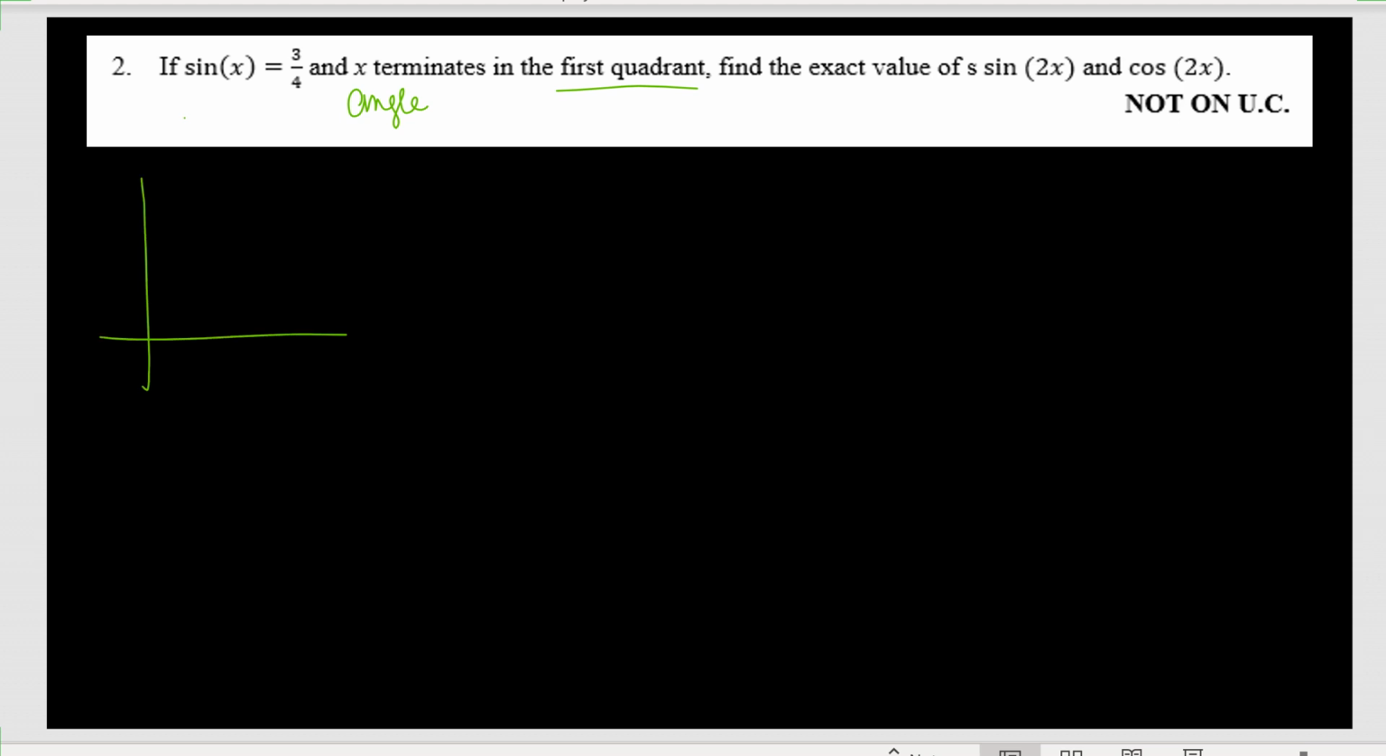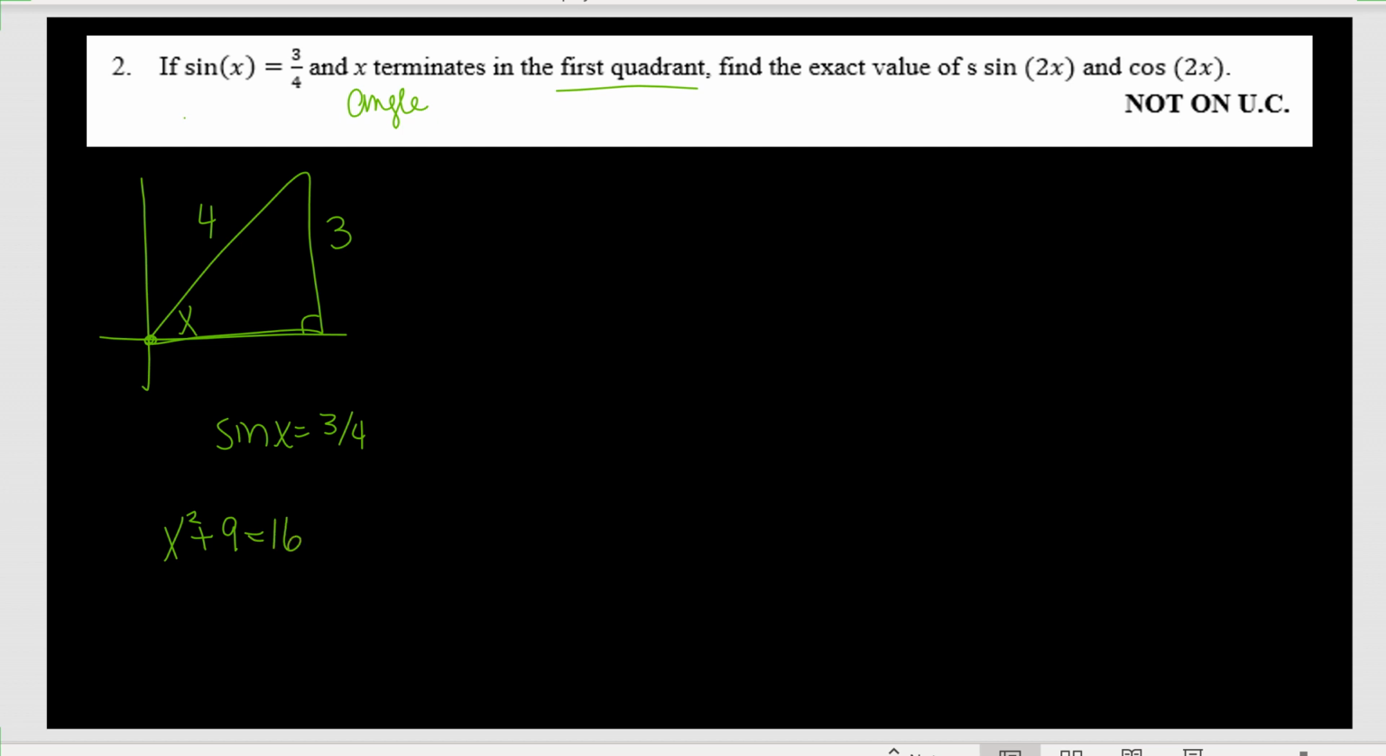So in quadrant 1, I go to the right, up, and then back down. There's my angle. The y is 3, hypotenuse is 4. This is not a 3, 4, 5. That's okay. Do a little bit of Pythagorean theorem. Sine of x is 3 over 4. So x squared plus 3 squared equals